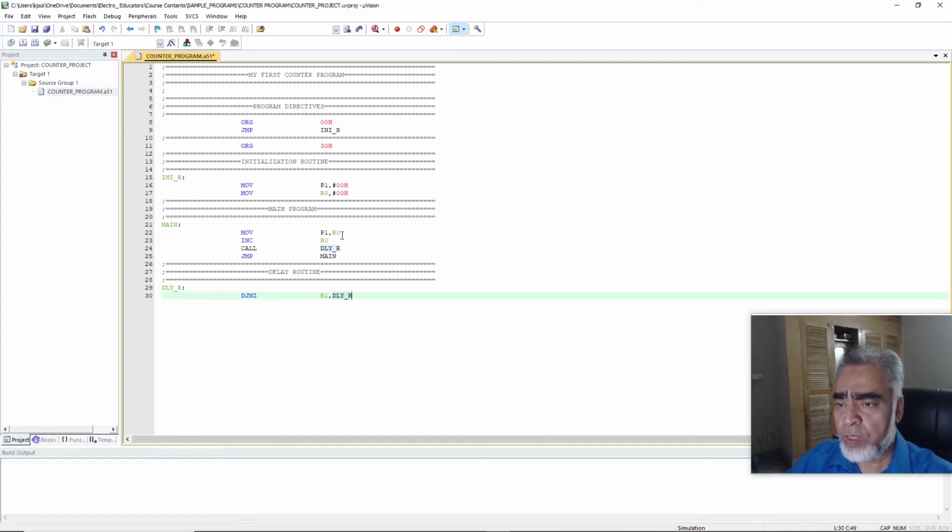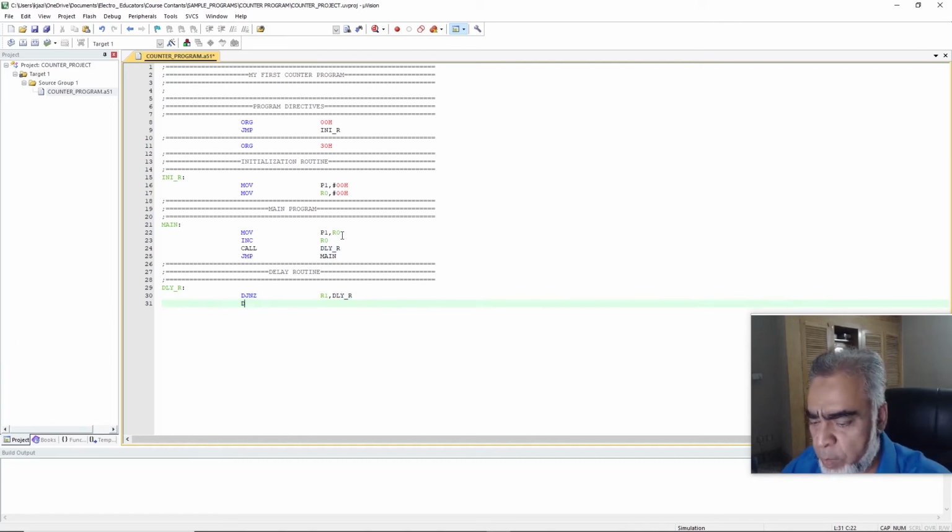If it is not 0 then it will go to delay routine, and then it will again come and decrement the register. If this register will be 0 then it will go to the next line, and here we will write decrement jump not 0 R2, which is another internal register of the microcontroller, comma, DLY_R. So it will decrement the R2 and will check. If this register is not 0, it will again go to the delay routine,